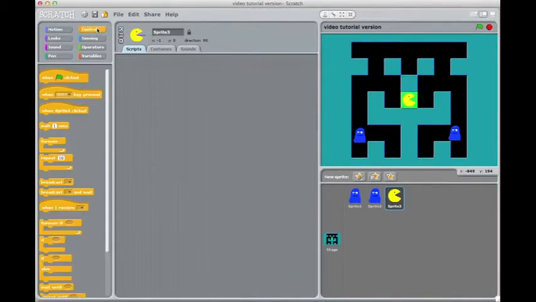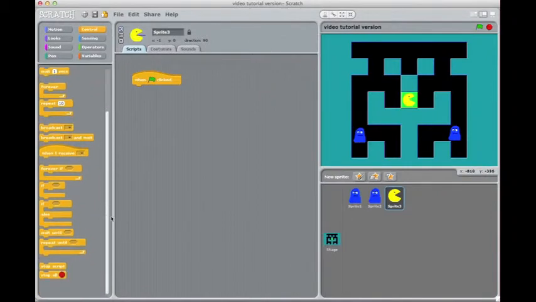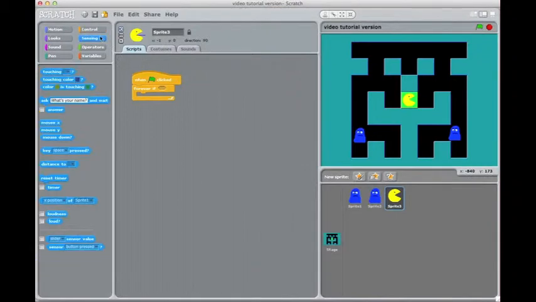So to start off, we're just going to program one key initially, and we're going to take one of the flag blocks there, and we're going to add to it another block in the control section that's called forever if, and these are conditional statement blocks. They have these little hexagon spaces in which there are blocks in the sensing category which click into there quite nicely. There's different kinds of blocks, but we're going to choose this one here that says if the key space